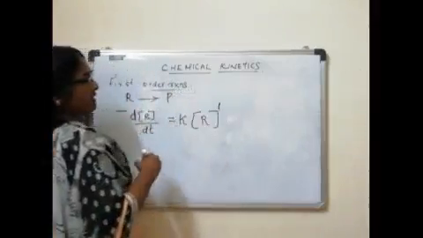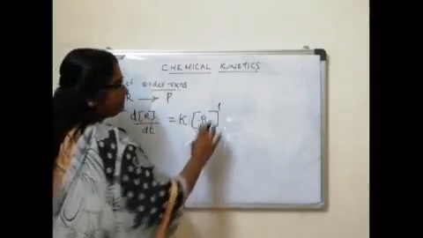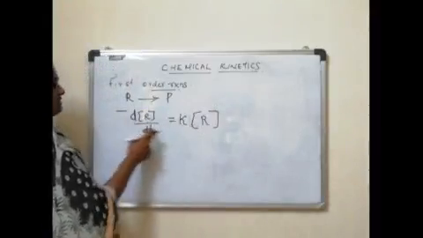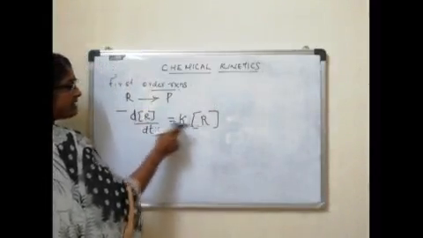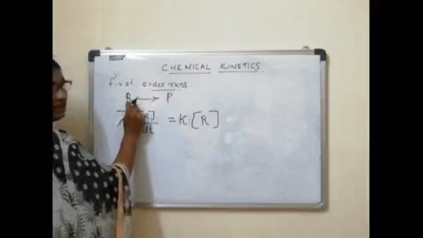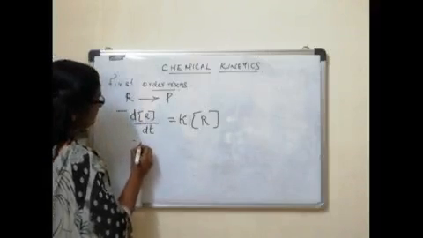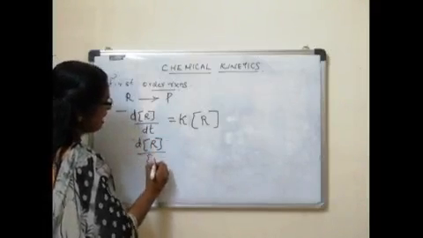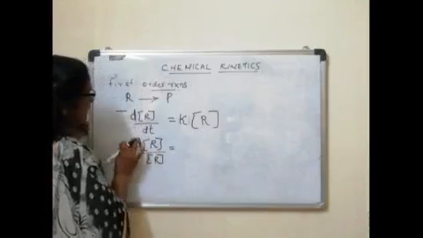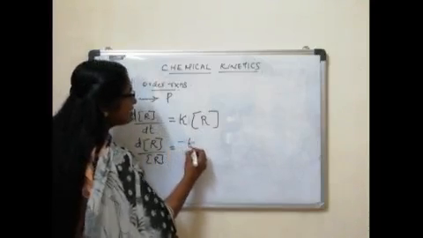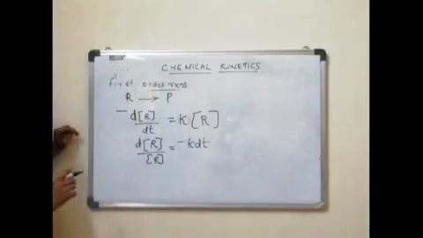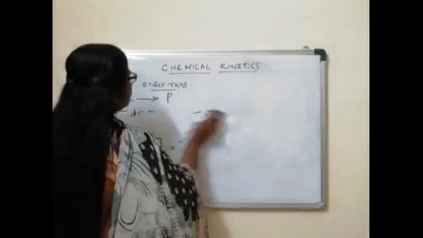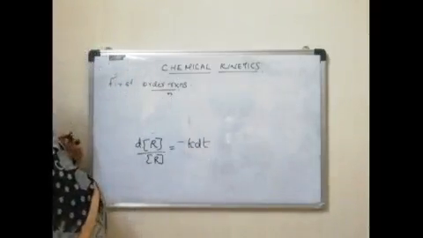We are going to integrate, so R raised to 1, or we can write it as R. Rearranging this equation so that the term containing R comes under the term containing dR, we get minus dR by R is equal to k into dt, or dR by R is equal to minus k into dt. So the next step is to integrate this equation.